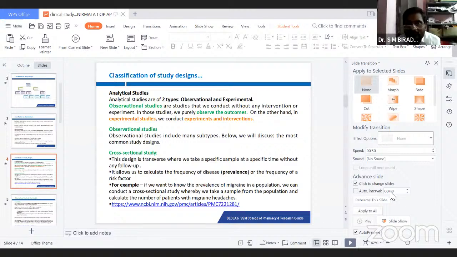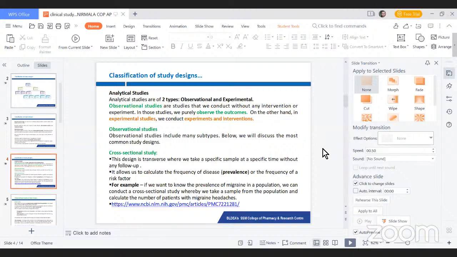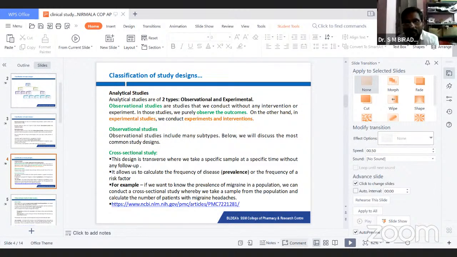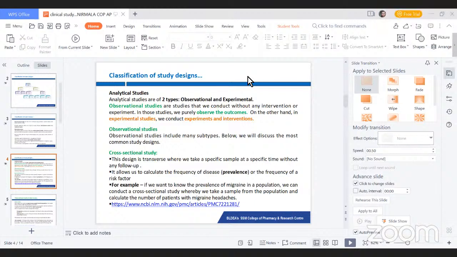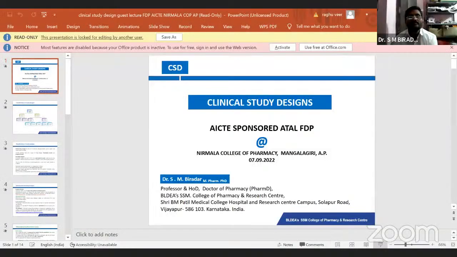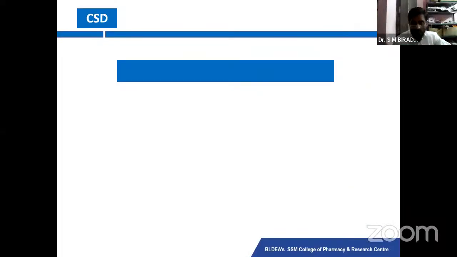Can you see the slides now? Yes, sir, we can see the slides now. Okay, I want to make it bigger here. The slideshow option is above, sir. You can click that also, sir. Now it's okay. Yes, sir. Okay, I'll come to the pointer. Just I'll hide here.